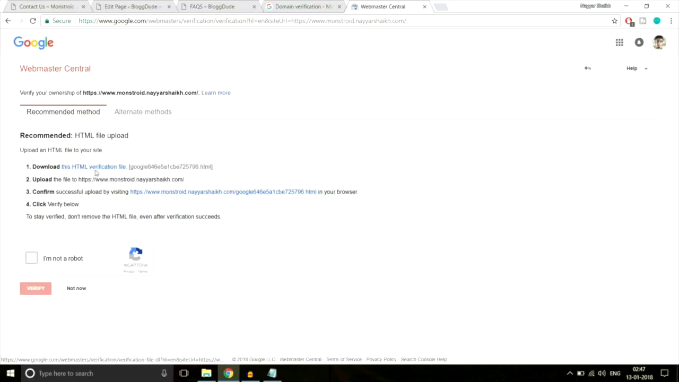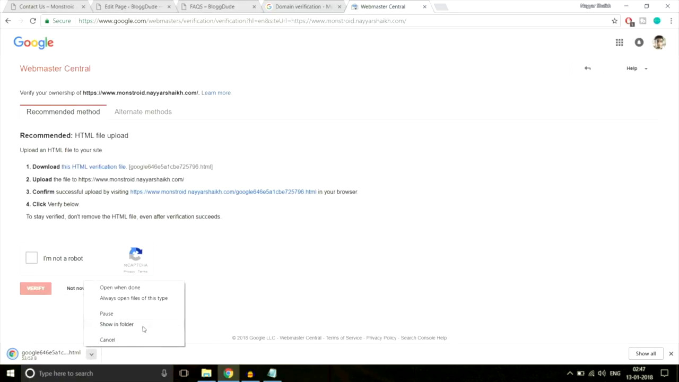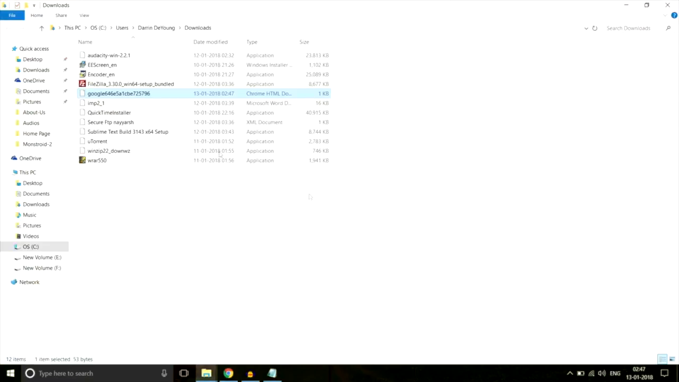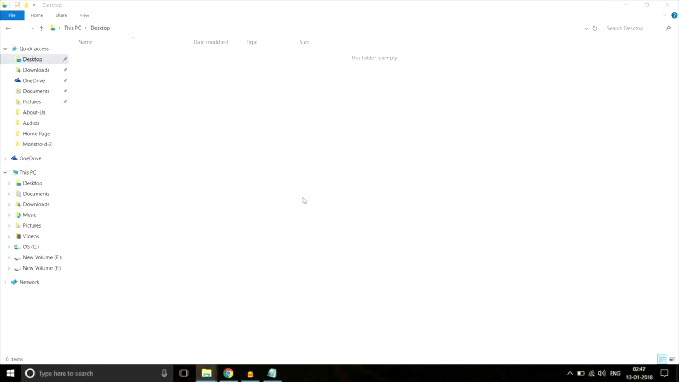Now what you have to do, you have to download this HTML verification file. If we click on this link, it will download it for you. As you can see, the download is complete. Now you have to upload this file on your server. So how would you do that? First, let's see this file in a folder. So open this file in a folder. This is the file. What I'll do is I'll just copy this file on my desktop, and after that